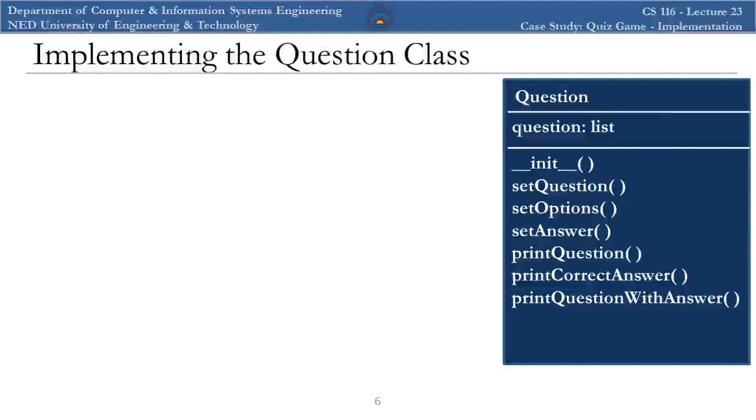Now, let's come to the next three methods. These are all print methods. The first method, print question, will print the question with options. The second one, print correct answer, will print the answer only. And the third one will print both, the question with options along with the answer. Now, before seeing the implementation of these methods,